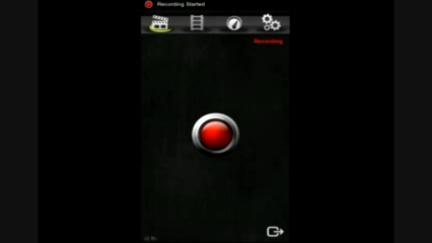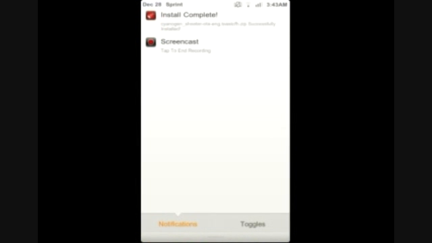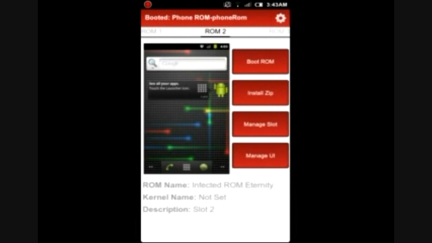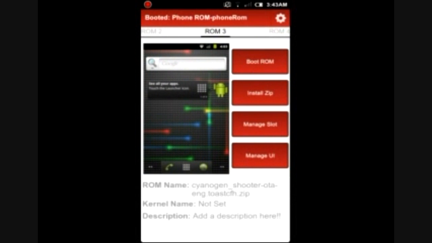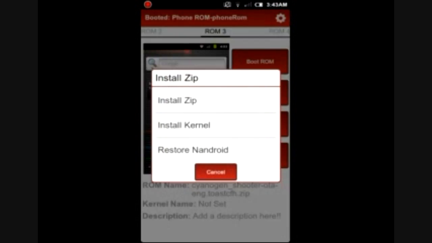Alright, the install is now done. So I'm going to show you right here. We'll pull down, and you can see install complete now that we're back. We'll hit that, and it'll come up Google Market wasn't detected. I didn't install Google Apps to the ROM, so I'll hit OK, and we're going to install the Google Apps now real quick. So we'll go back to the ROM 3 that I was installing to, install zip again, install